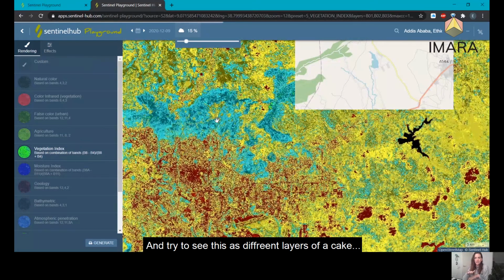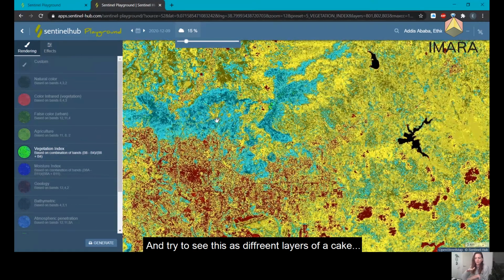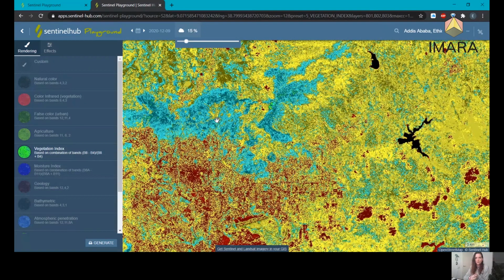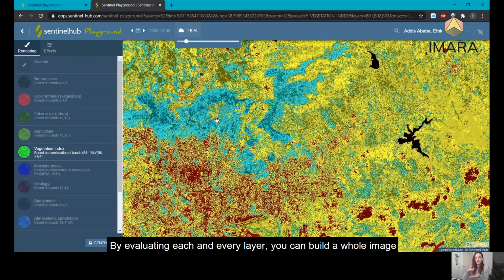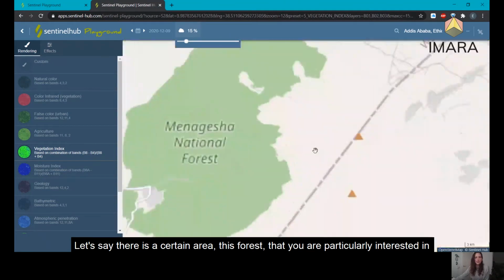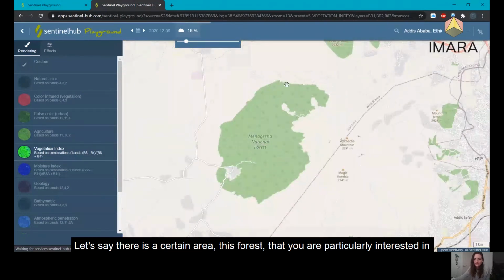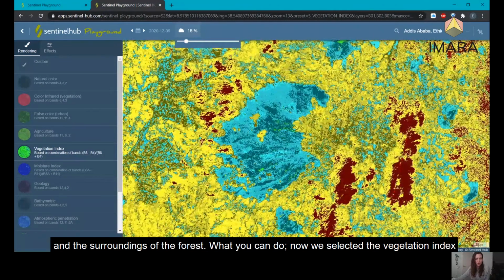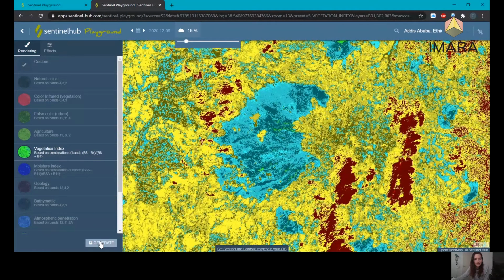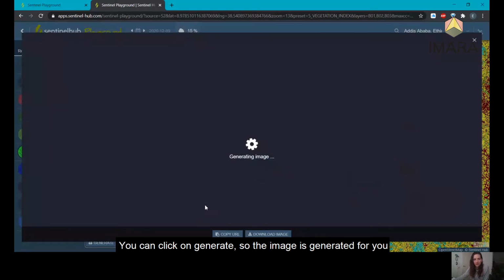Try to see this as different layers of a cake. By evaluating each and every layer, you build a whole image, and this whole image is the one that can explain exactly what is going on in your area. Let's say there is a certain area, this forest that you are particularly interested in, and the surroundings of the forest. What you can do is, now that we selected the vegetation index, you can click on generate the map,